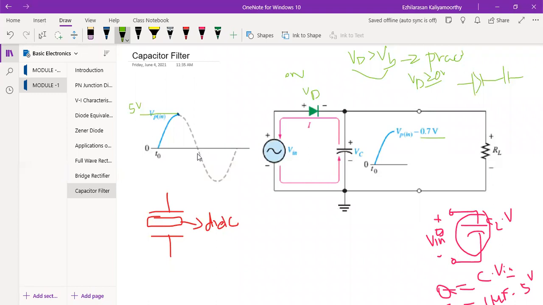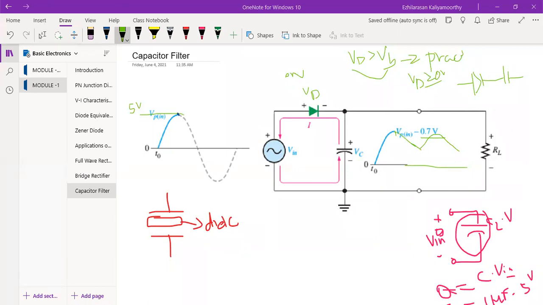The capacitor will start to discharge. The starting point is T0, and till here only it will charge. After that, it will discharge. See, I will get like this. Again the diagram will be like this, it will discharge. Then for the second positive cycle, again it will charge, again it will discharge. You will get like this only. Now from this diagram we can say, initially the charging of the capacitor happens only when power is turned on.